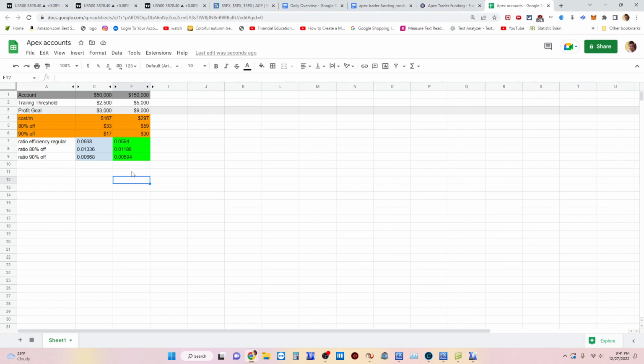You could do it in batches where you buy during a promotion a bunch of accounts like 6 or 10. Getting around 20, it gets really expensive on like the lifestyle per month. Like 20 accounts, once they get to a live account, it's around $1,600. And then if you're to get 40, it gets really expensive, like $2,400 roughly per month. So it makes sense that you would do 10 or less of the 150 grand accounts,